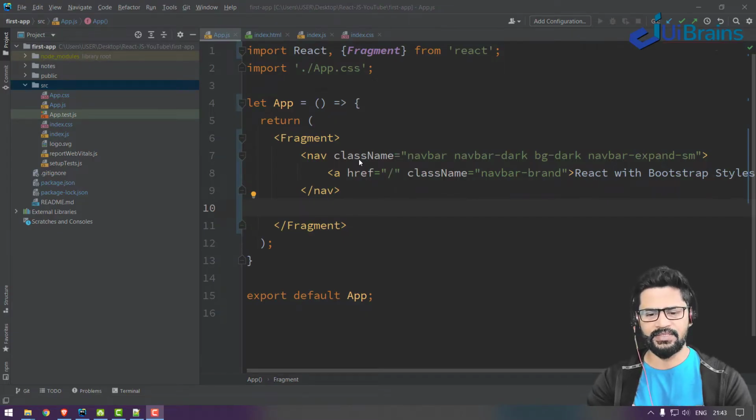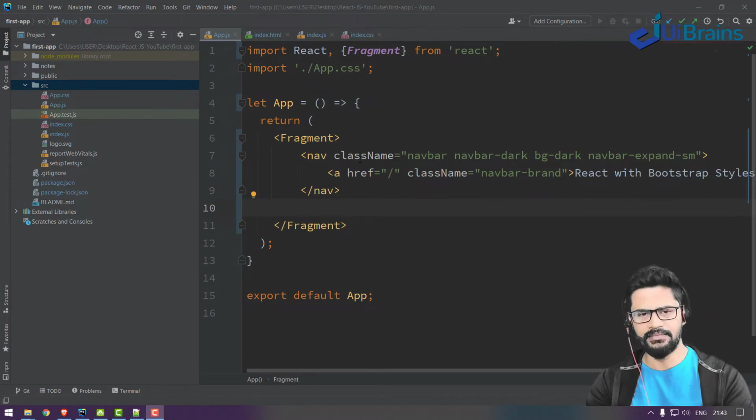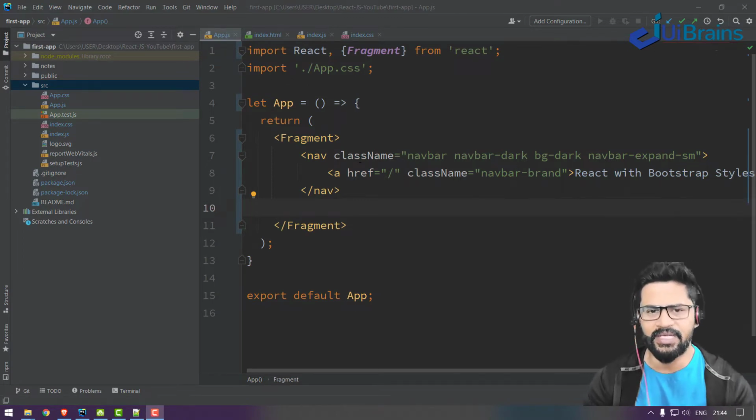Hello and welcome back. In the last example, we understood how to configure Bootstrap. In this video, we are going to understand Bootstrap styles again. Here I want to explain how you can make a better front-end design using Bootstrap, and how effectively you can create a rich user interface.